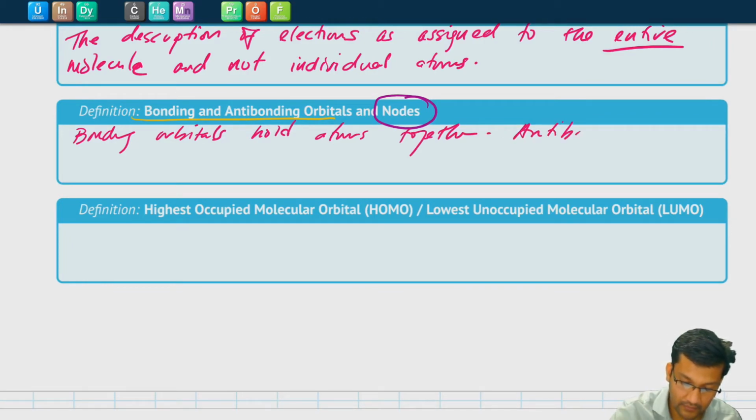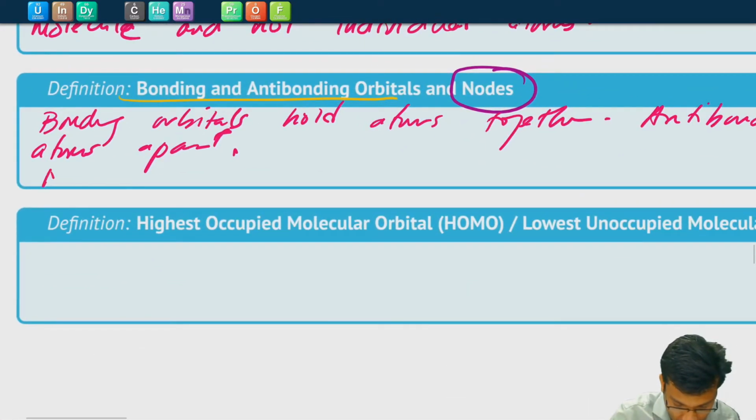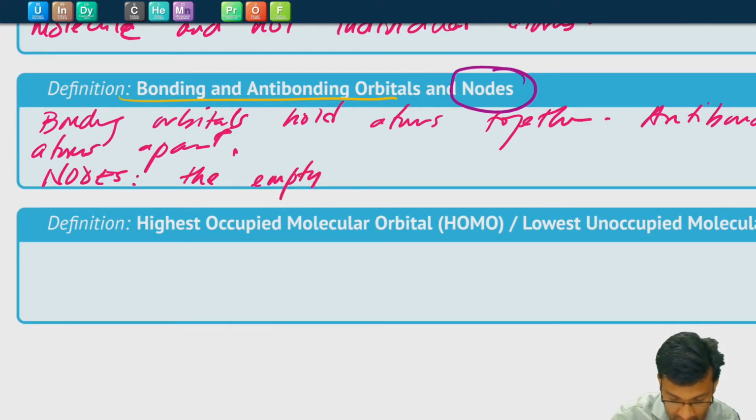Antibonding pushes atoms apart because there's nothing holding them together. And my handwriting is starting to go crazy. Nodes, I'm trying to write too fast is the problem, is the empty space in antibonding